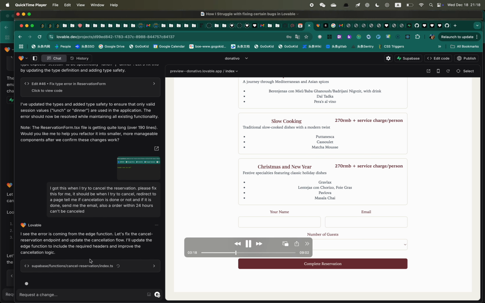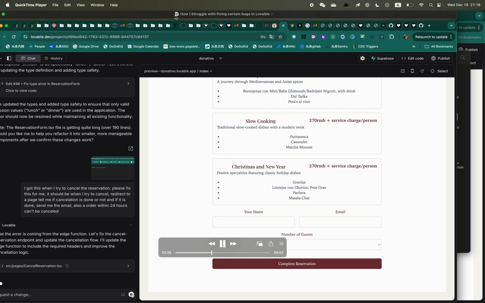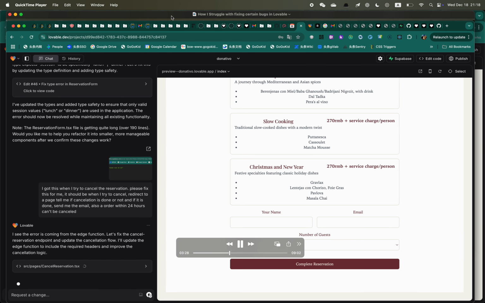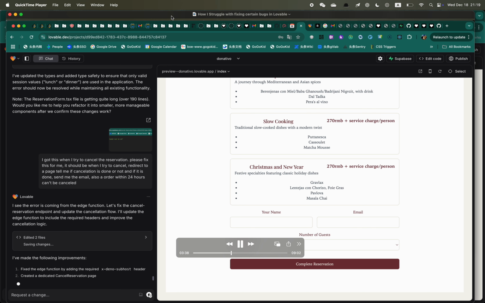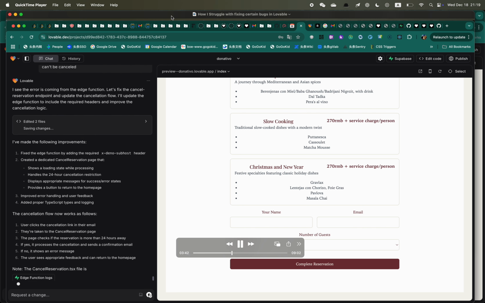So it's changing the cancel reservation logic here, which is a lambda function. And actually, if there were a progress bar or a certain place where I can see that a lambda function was deployed, I think it would be better.